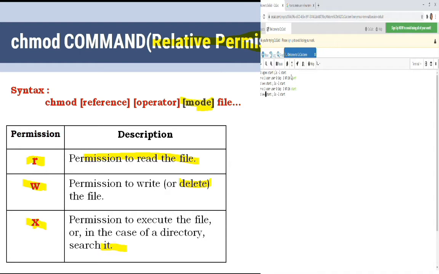So I am giving the write permission. See here, user, group and other, all three are represented with a single character, that is A, and I am assigning the W there. So each one is going to have the write permission.